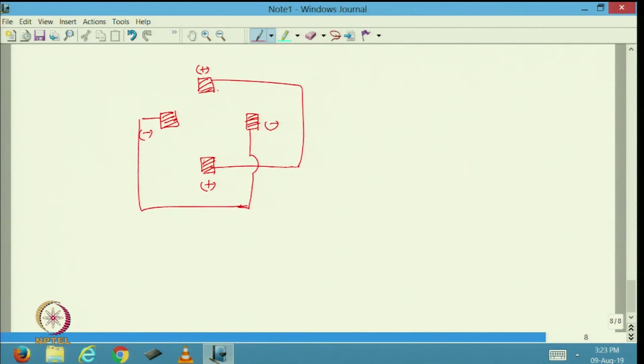As we showed earlier, between these two there are 3 coils which are 4, 5, 6. Between these two there are 3 coils which are 7, 8, 9. Between these two there are 3 coils which are 10, 11 and 12. And between these two there are 3 coils which are 1, 2 and 3. Now the load will be connected between the plus and minus. So I am going to have a current emanating from here, going through the load and going back ultimately to the minus.